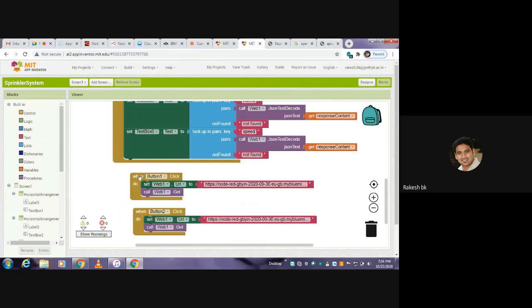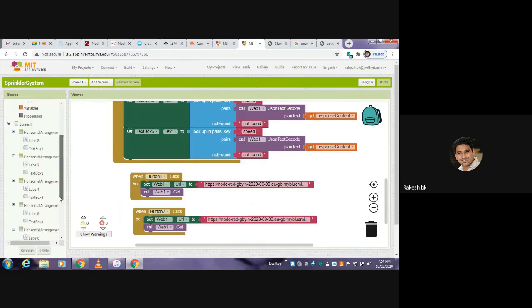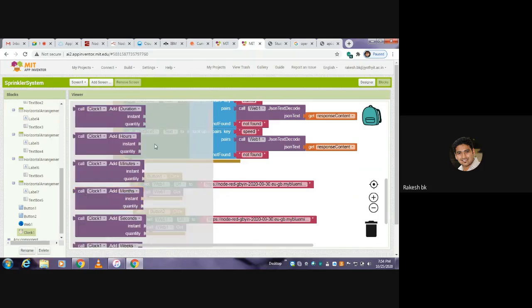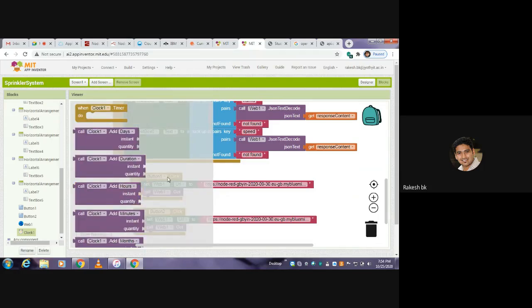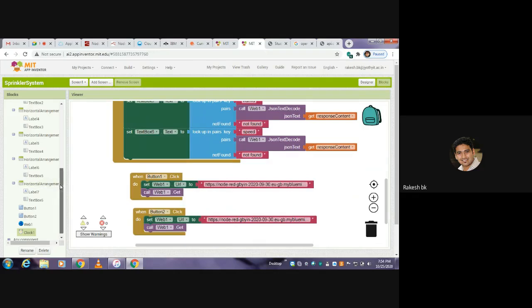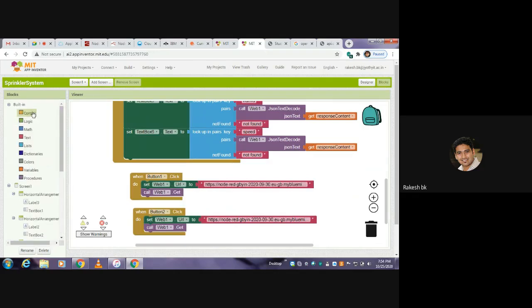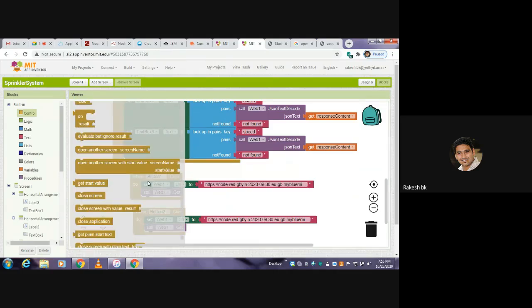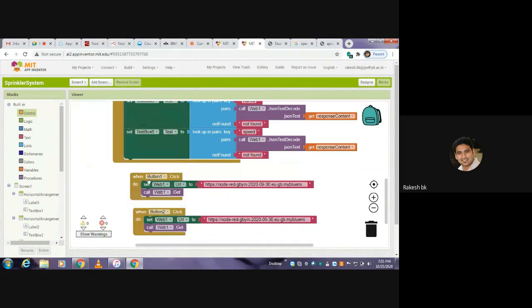I've done all this, and finally I want to make use of buttons, the sprinkler button on or off. So again, I'll call it a button, where from the clock. So that should be from the clock. I'll click on button. So I want to go for the button here. I'll make use of the controls. In the controls, we have, what is that? Okay, when button dot click do.